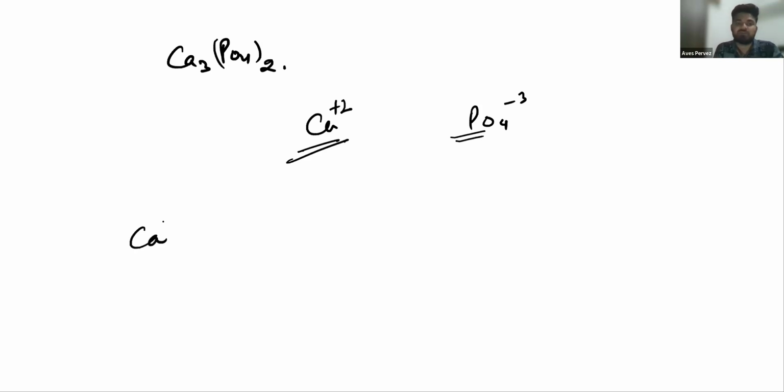Got it? So if you have this calcium and this is phosphate, this is positive, so give the hydroxide to this one. This is 2 positive, give the hydroxide to this one. And this is PO4, hydrogen phosphate, minus 3, then give H plus to this one. Now write the formula according to this. Don't write CaOH. This is 2 valency, this is 1.